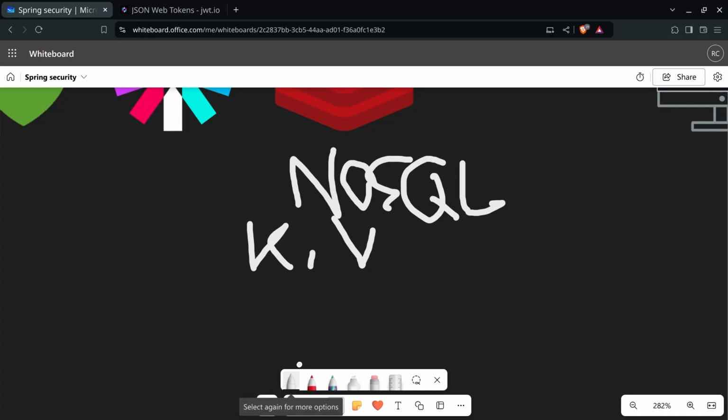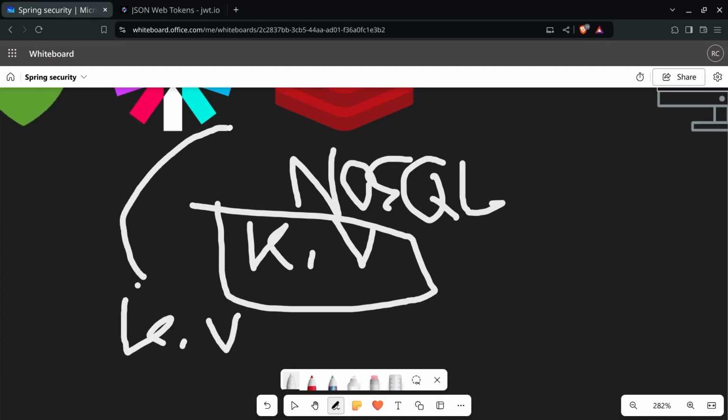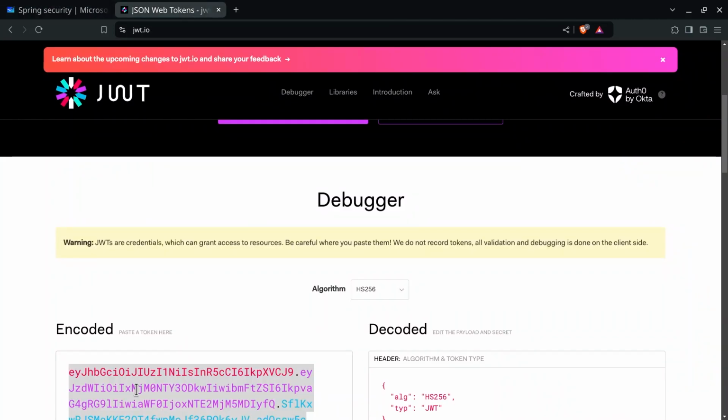NoSQL has 4 types of database. Key value is one of them. If you have ever worked with a map data structure before, you know that key value is very fast for inserting and also retrieving from it. It's very fast because